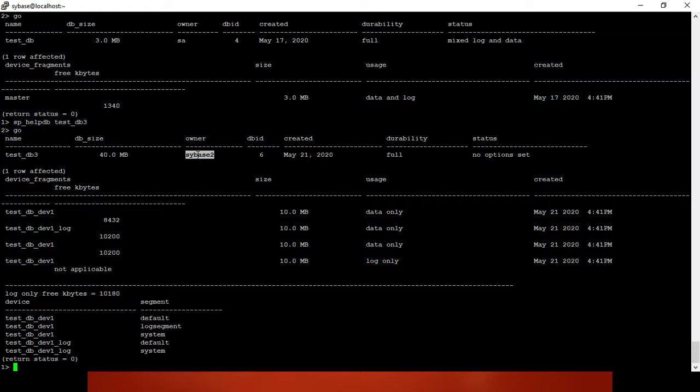Suppose a user has left the organization. What we can do here is change the ownership of the database. So I will tell you how to change the database ownership.